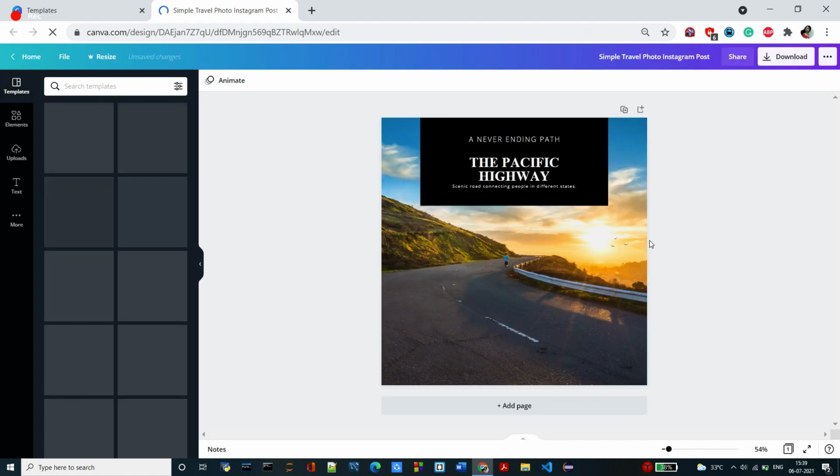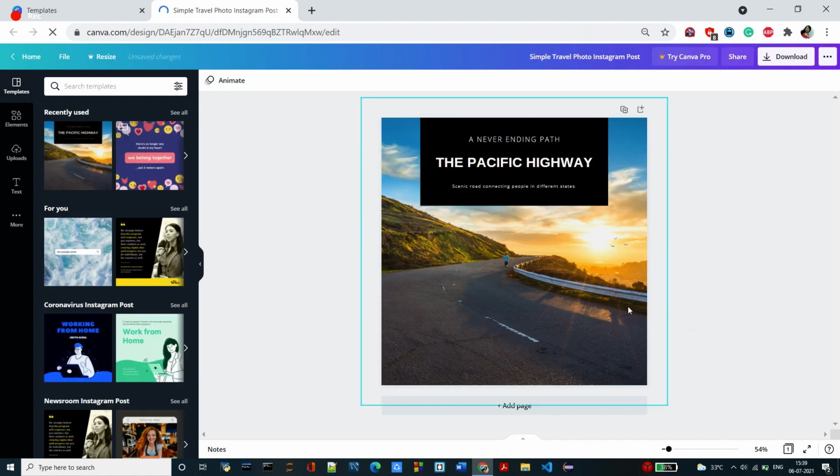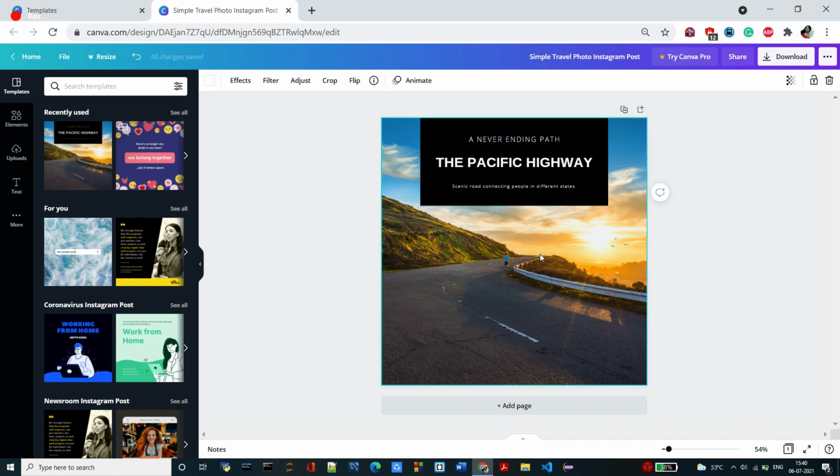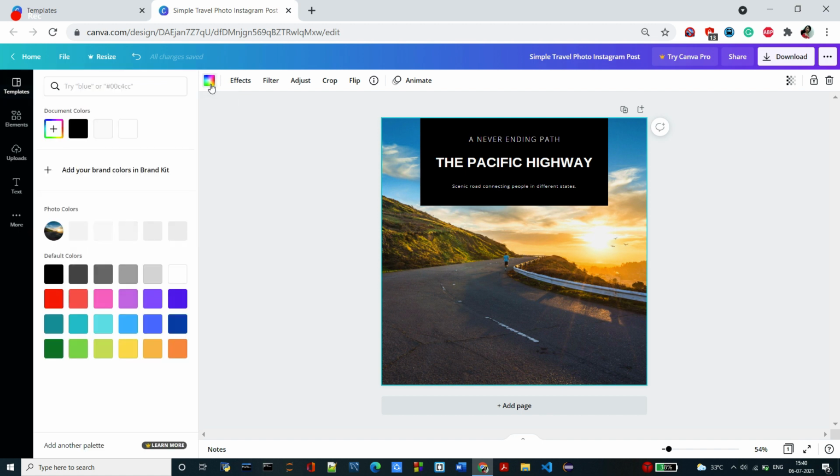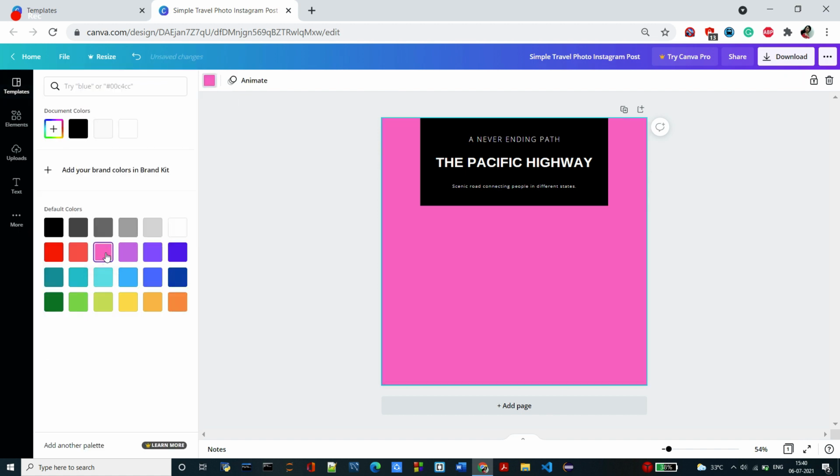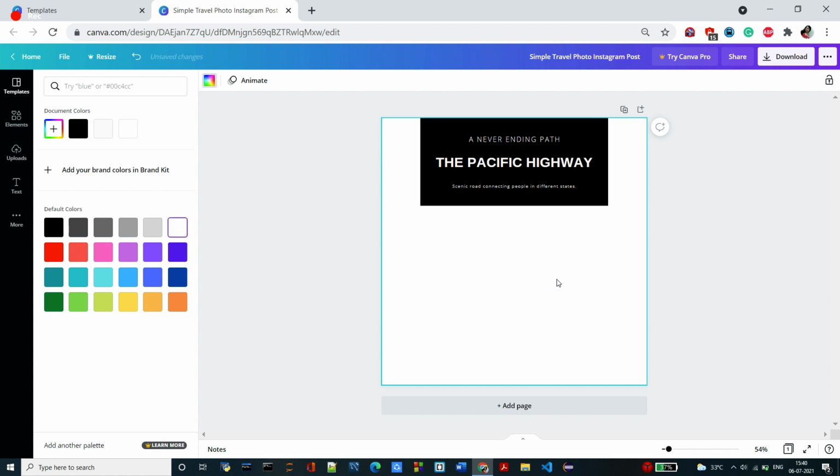So let's say I just chose this template. So can you see, whenever we hover this mouse, this gets selected. So I can change the background color and then the text. Okay. So here is the effect option. So if I choose this one, it will get changed to pink. Now if I want to go back to that design, I'll go to Control Z. I'll just type Control Z here. No, actually that is being replaced by pink color, so I'll use the delete option.